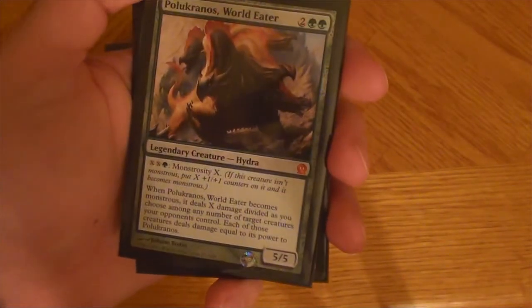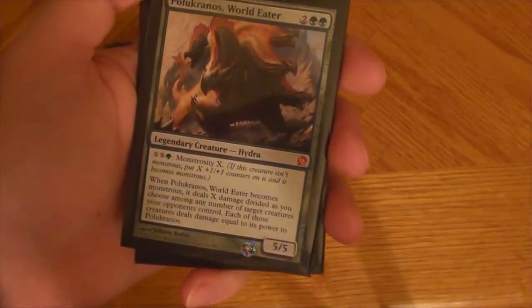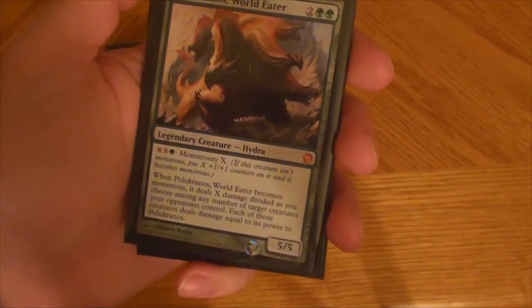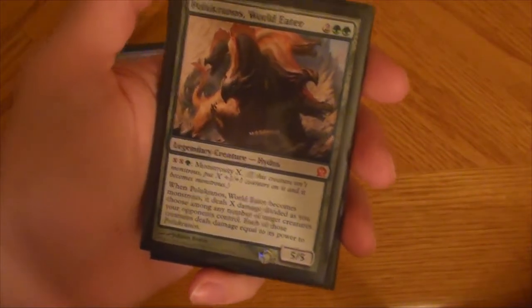So he's a 4-drop 5/5. Let alone, that is insane. That is great. And his monstrosity is unlimited. It's according to how much mana you put into it. And the downside is, I don't really like this special ability as much, but when he becomes monstrous, it deals